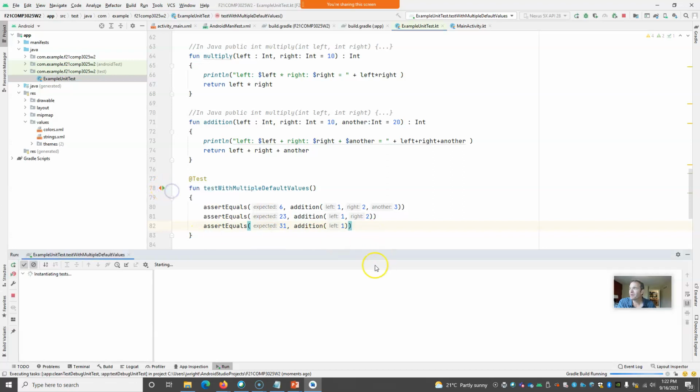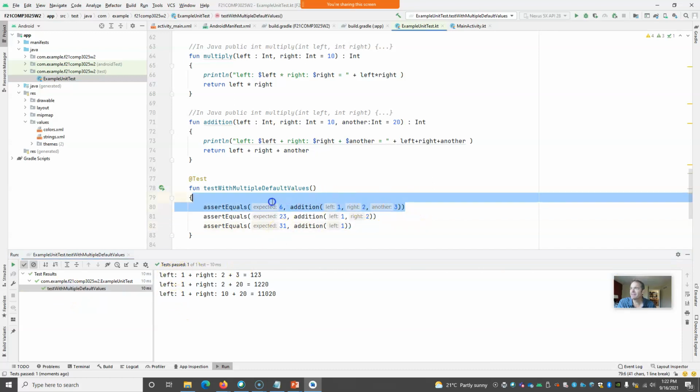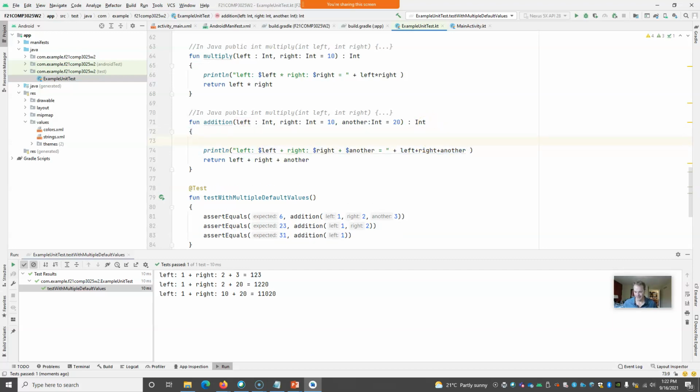Let's see, run our little experiment. We look at the results. So when this one ran, it was 1 plus 2 plus 3 equals, oh, interesting how it handled that. It didn't do them as math. It did them as a string. Interesting. Okay. So let's do var result equals